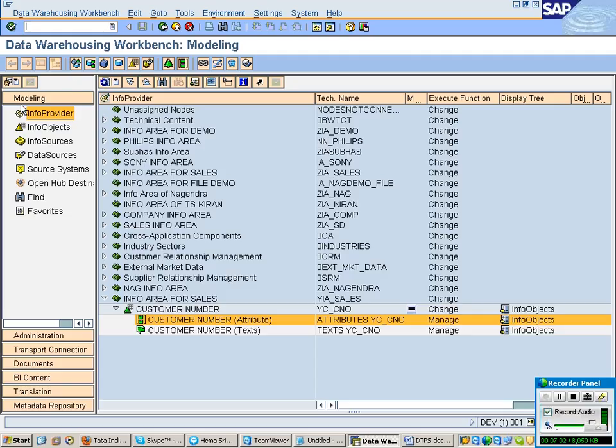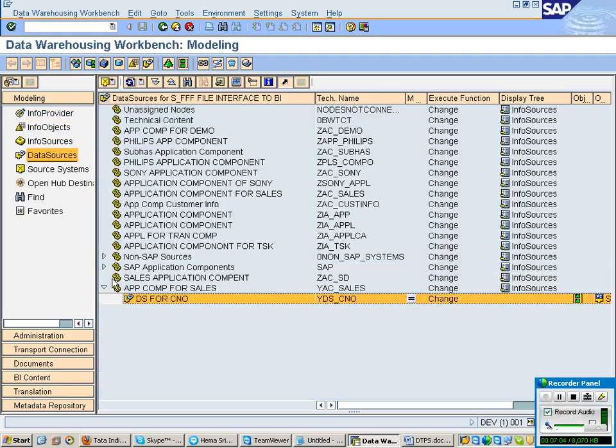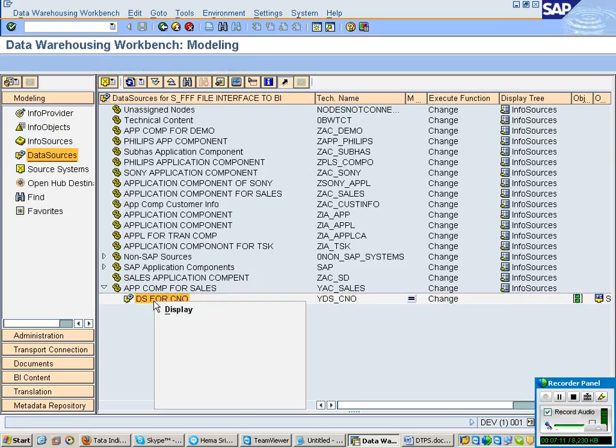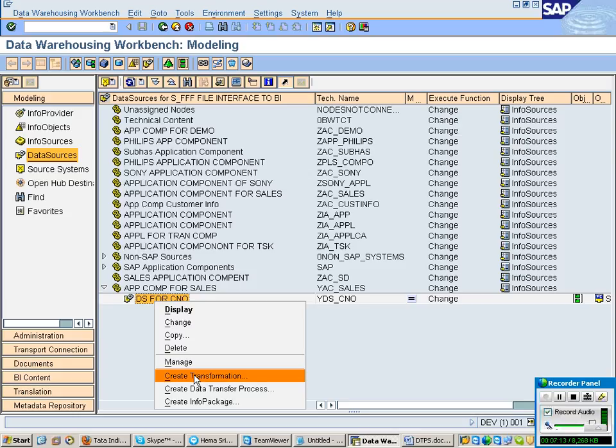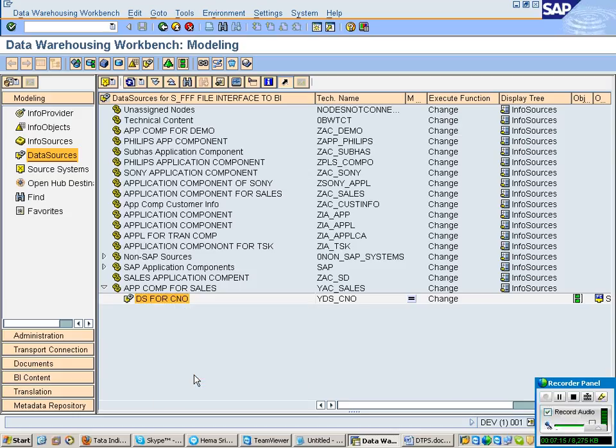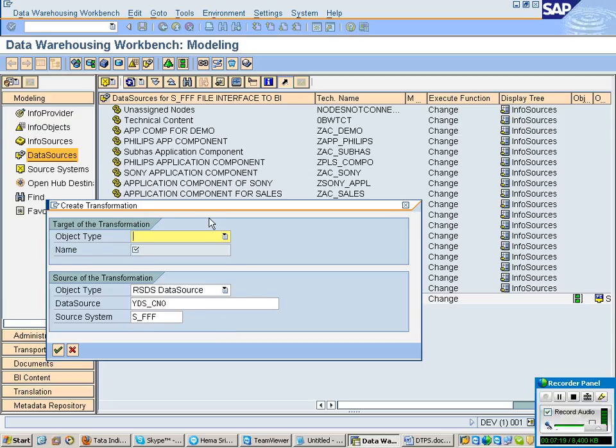See the path now? Once I log on, come to RSA1, modeling tab, go to data source level. In the right frame you can select this data source. Then context menu, right click. What is the option? Create Transformations.